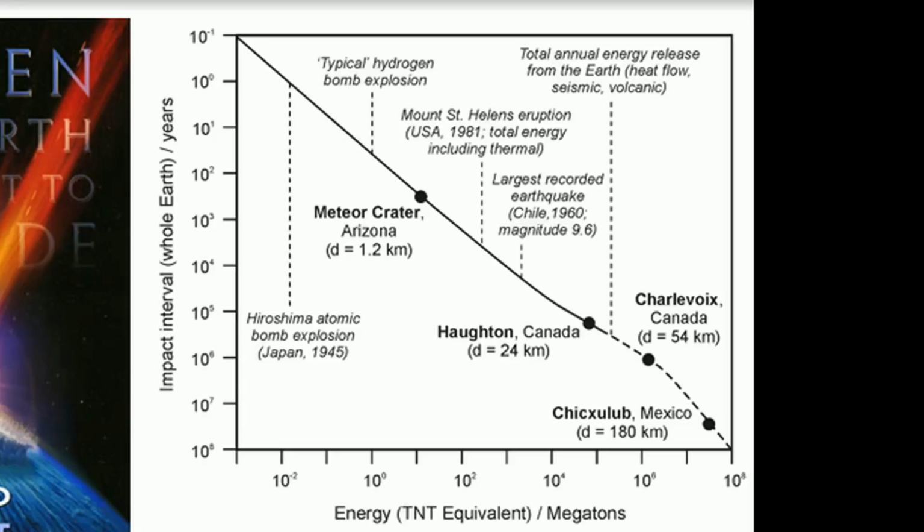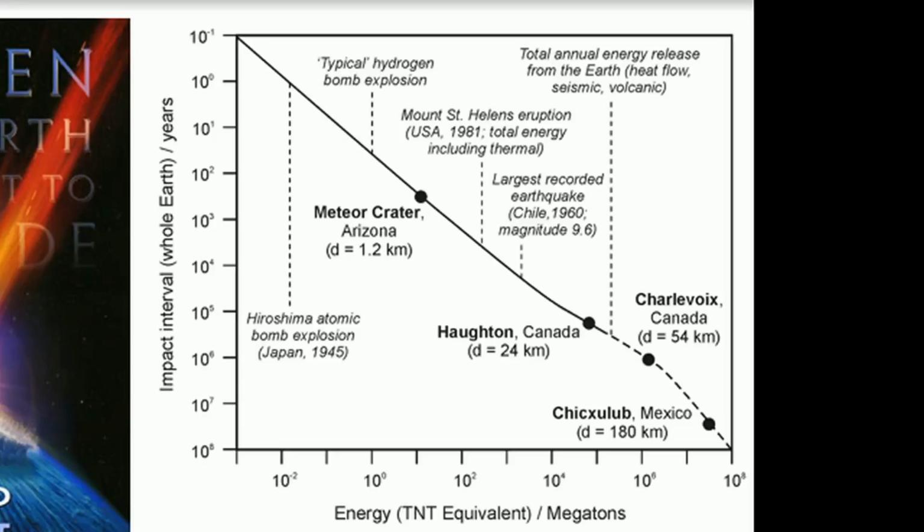So you definitely won't be able to read this plot. I usually try and show something like this because it really does put into numbers the destructive power of impact events. On the y-axis is how frequently impacts of a given size occur, and on the x-axis is their size, their energy in megatons, so tons of TNT equivalent. And you don't really need to read this, but